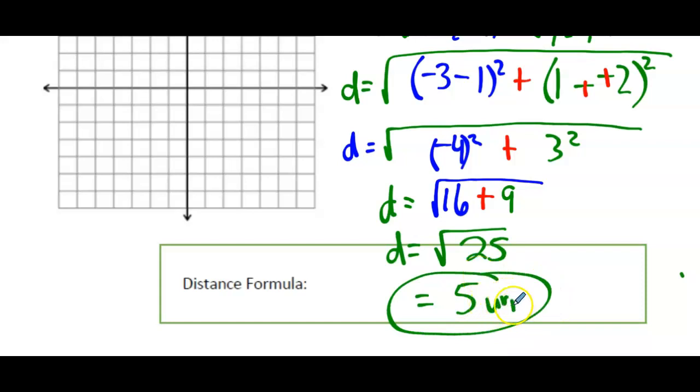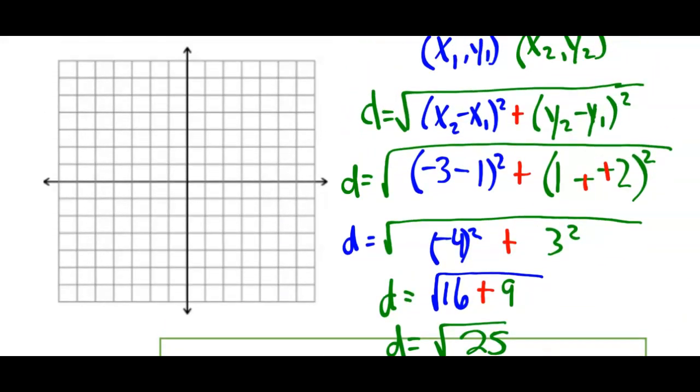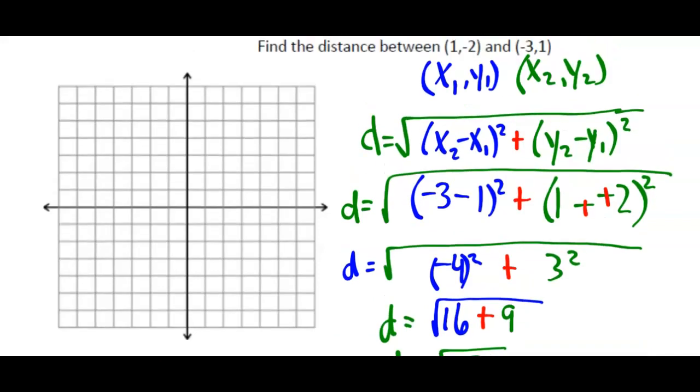So 5 units is how long this is. So what's that look like on the graph? Well, I would have graphed, let's see, 1, -2. So over 1, down 2. And then I have over 3, up 1. 1, 2, 3, up 1. So if I draw that line between those 2 points,